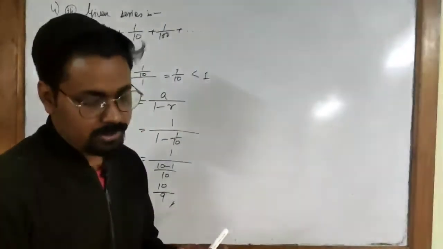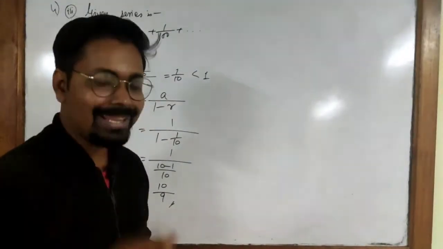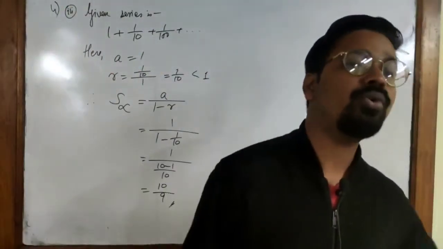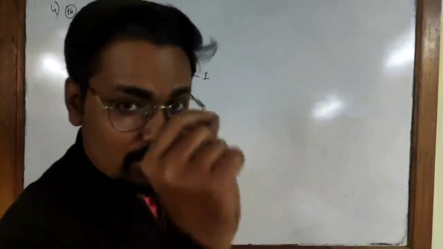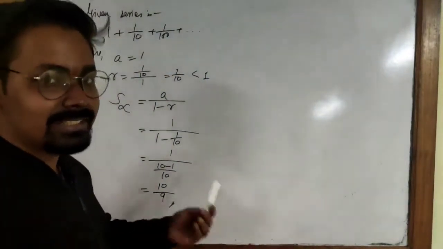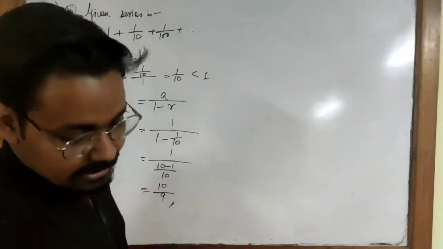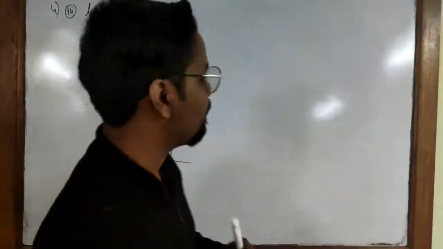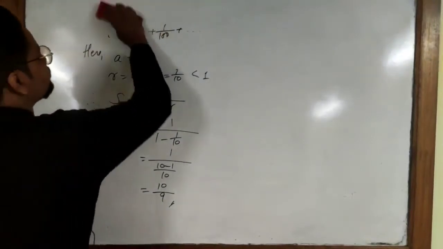Now let's move on to question number 5. Here you are given the first term, the common ratio, and L means the last term. Now you don't know the number of the term, that is, which term it is. So let us consider this is the nth term. Let's find the value of n, and then we can find the given requirement, that is they have asked us to find the sum. So let's see how to do that.